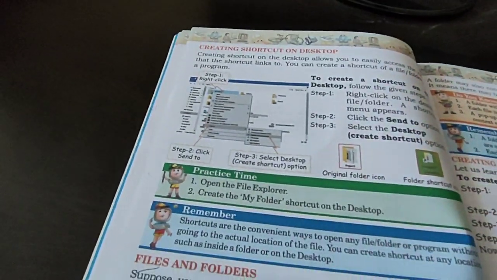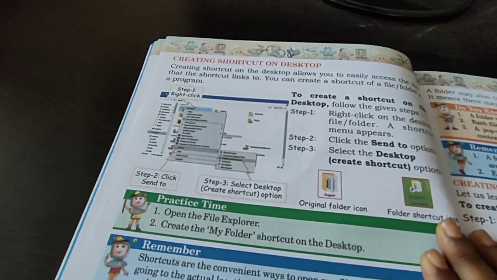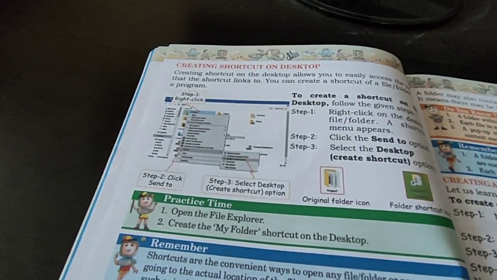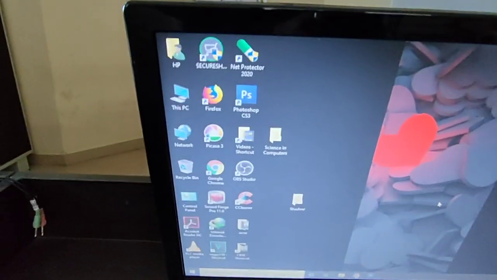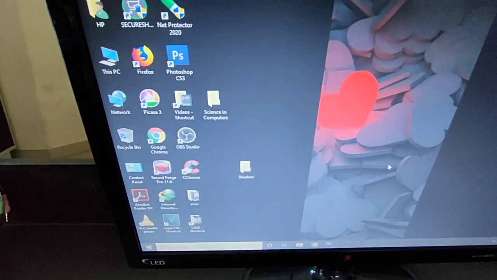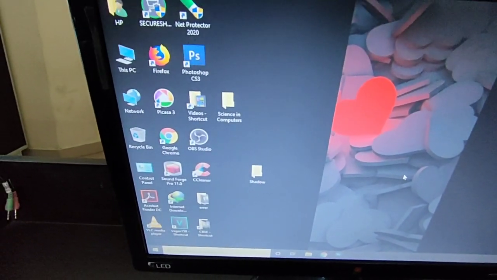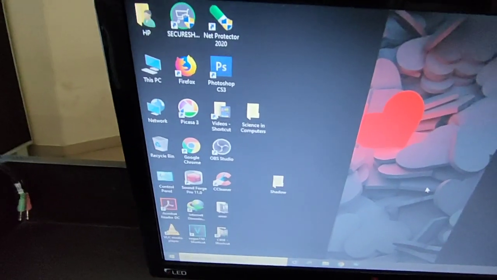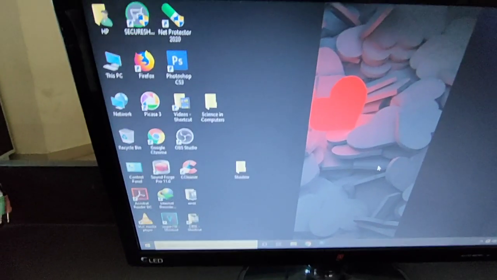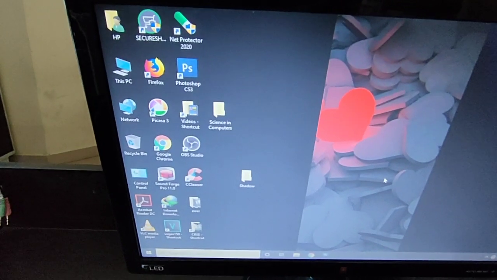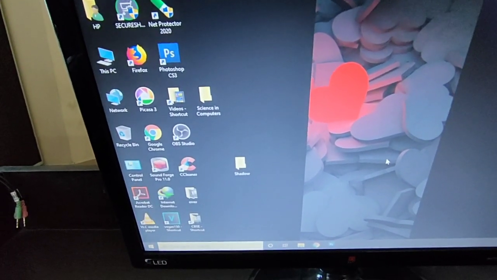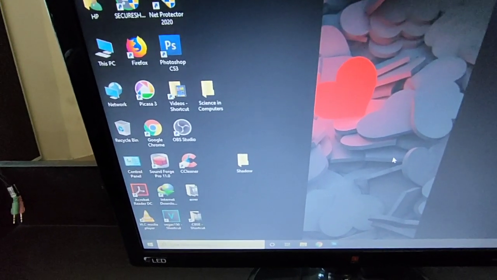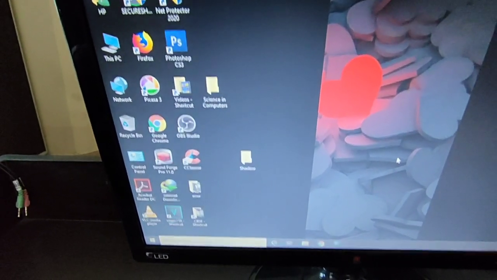In your next topic, we try to understand how to create a shortcut on the desktop. Creating a shortcut on a desktop actually allows you to easily access the item that the shortcut links to. It means you need not search for your files and folders, or go through the drives or any folder, which is a tough method.